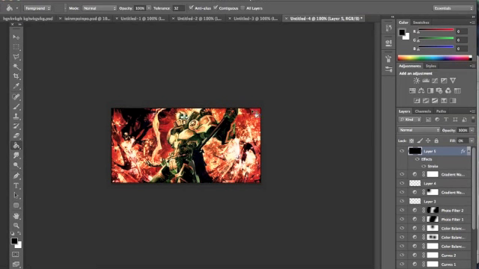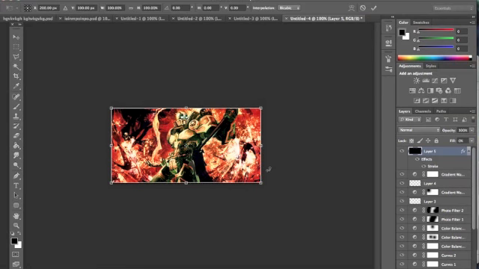And say you only want a border on the top and bottom, so you click Control T and then